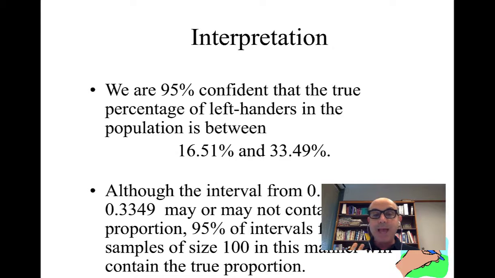So the interpretation: we are 95% confident the true percentage of left-handers in the population is between